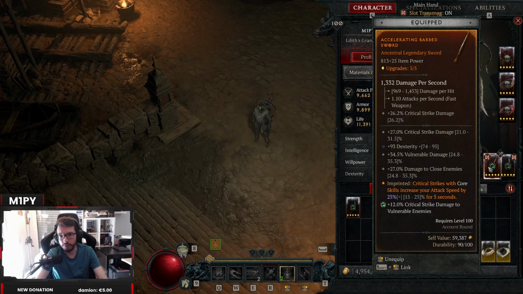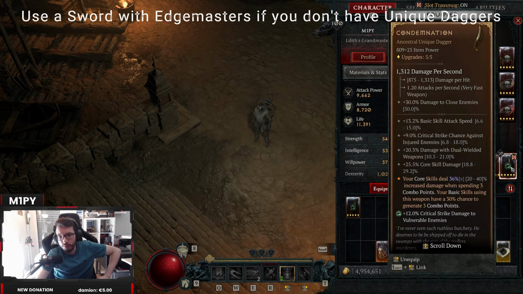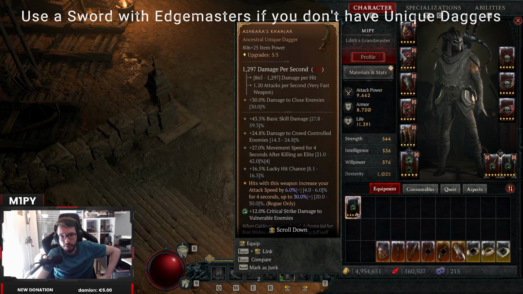Our sword is an accelerating sword with critical strike damage, dexterity, vulnerable damage, and damage to close enemies. Our other weapon is Condemnation. We can use that to bank up combo points before the enemies are frozen to basically one-hit them. Alternatively to Condemnation, you can also use Ashiara's Conjure, especially if you're farming lower tiers, and it's also great for